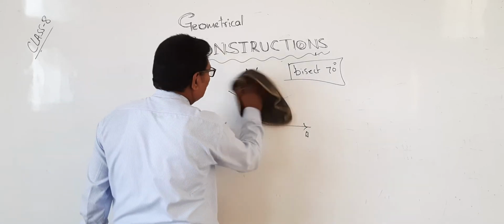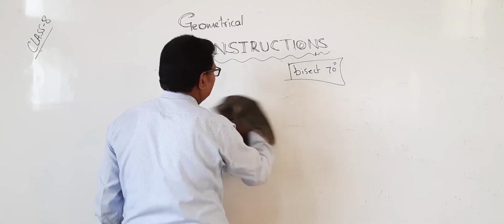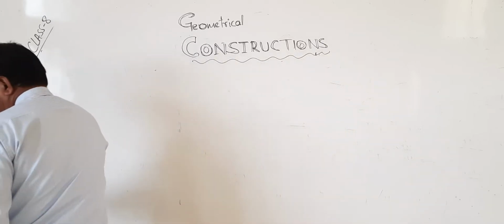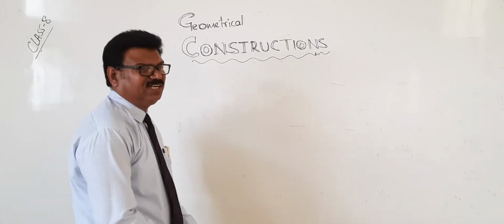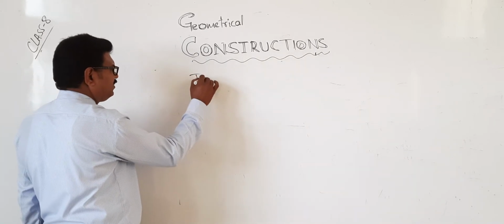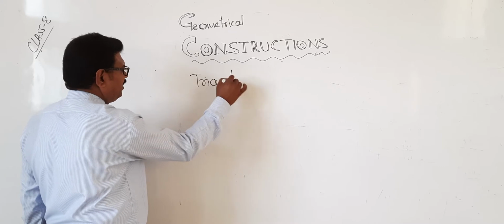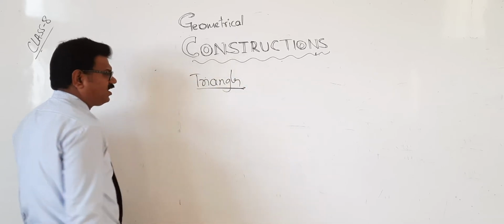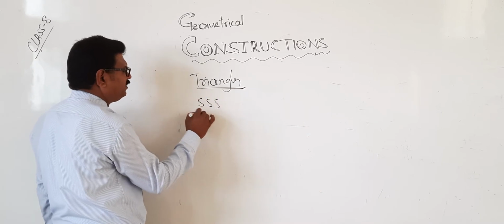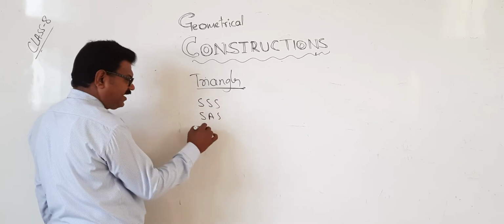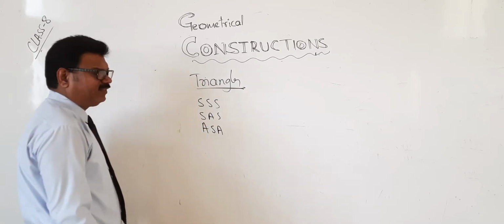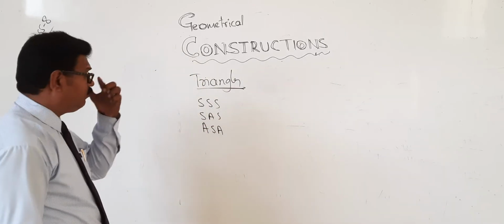So very simple. The only thing is we should understand angles. Okay, right. Next. Last year we constructed different types of triangles. Let me recall triangles. For example, in triangles we have all sides given, two sides including the angle given, and two angles and the included side given. These three are very important.